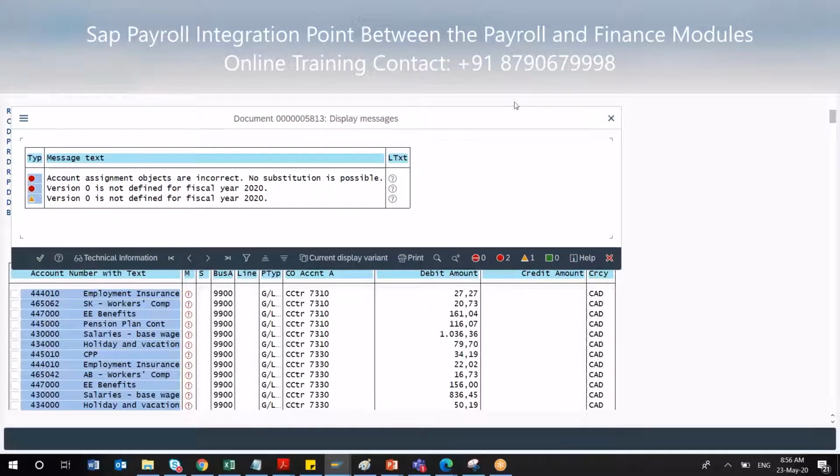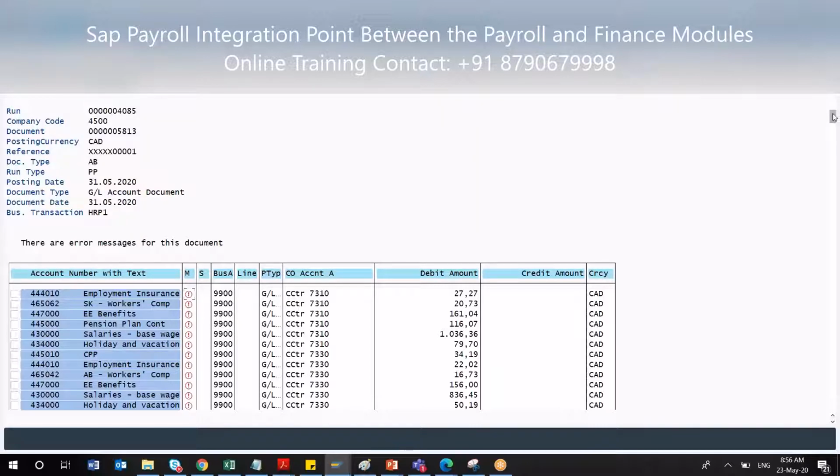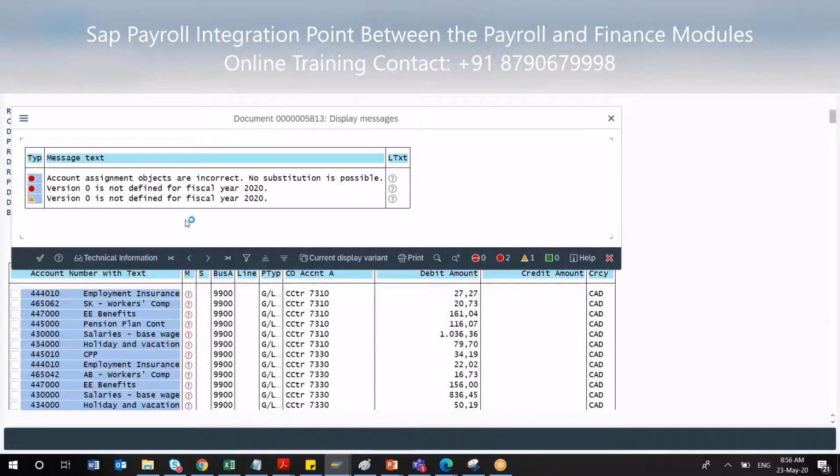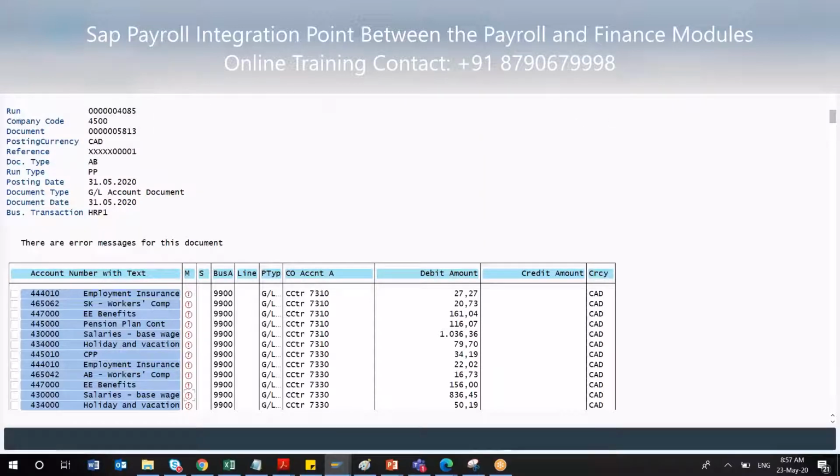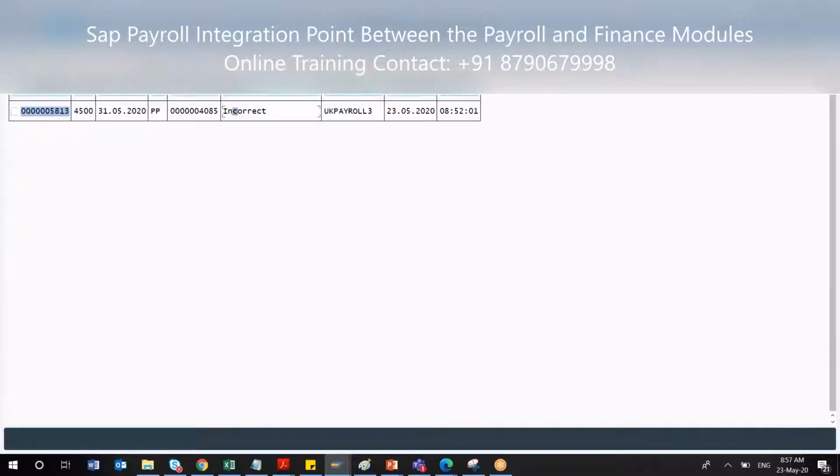There can be some other varieties of error. These are typical whenever you're doing a finance posting. These are the different possibilities of error you'll be getting. You can explore this, and suppose I go to another type of error. Okay. Same error means a similar type of error for each and every account. So you can correct it. Once you correct it, you can come back and see the posting. Until it is corrected, you have to rectify all those errors along with your finance consultant.